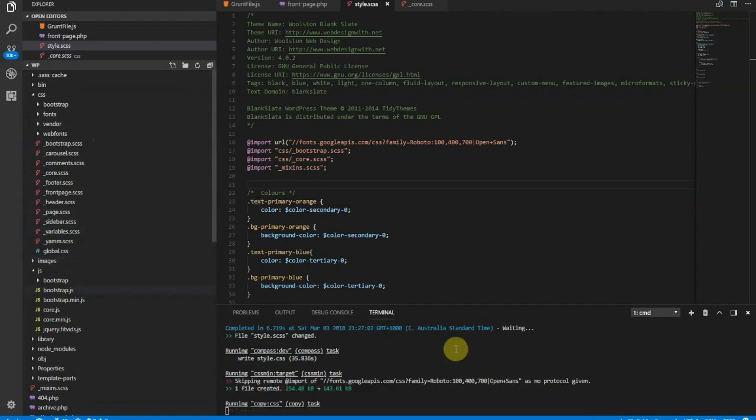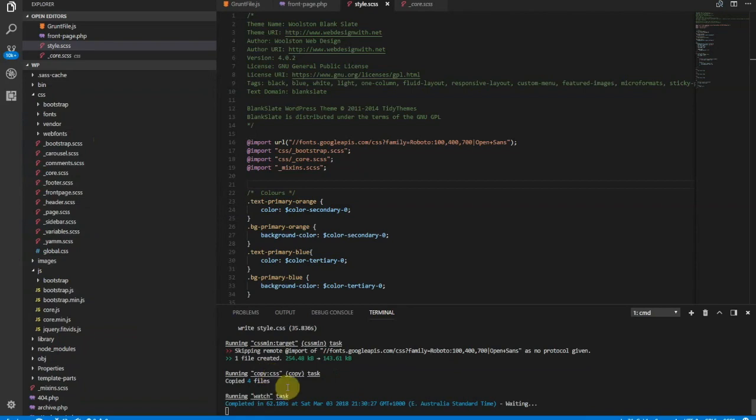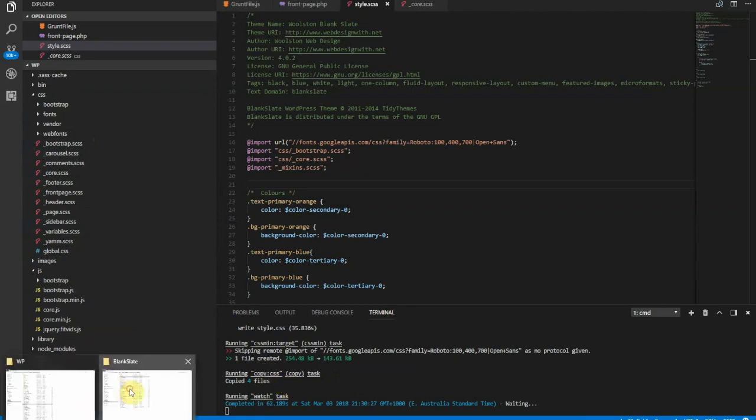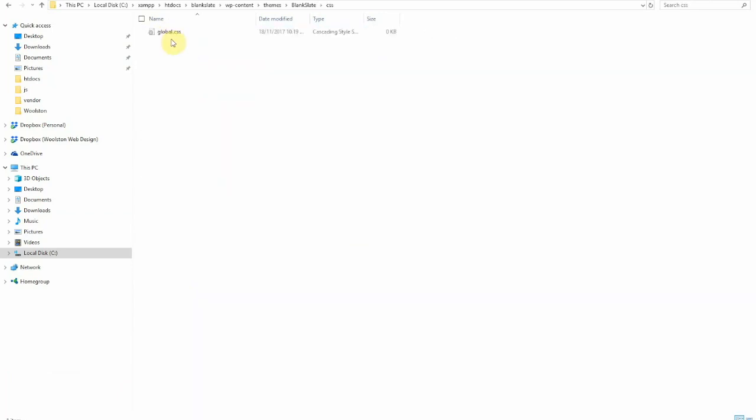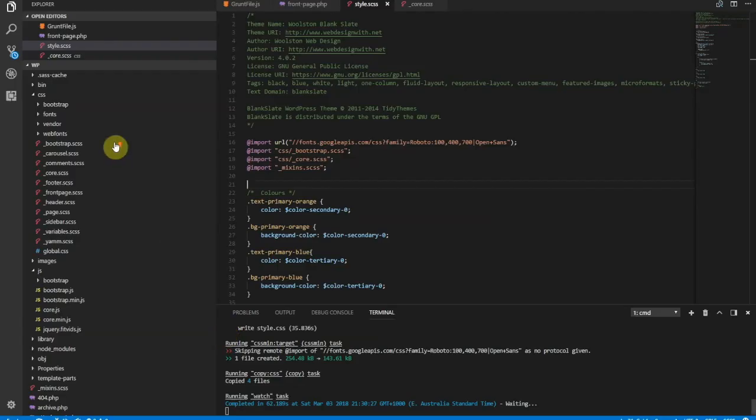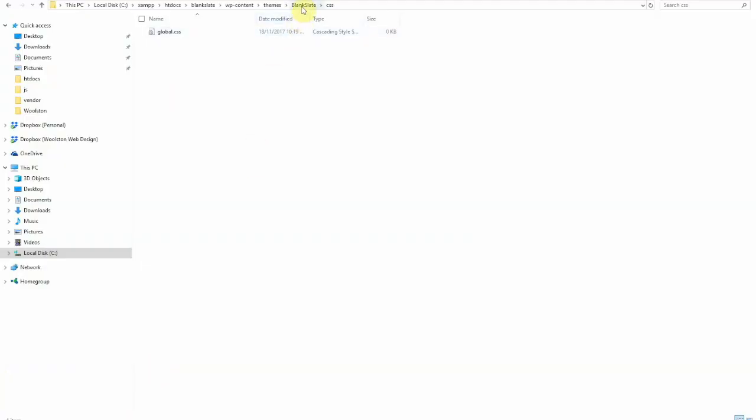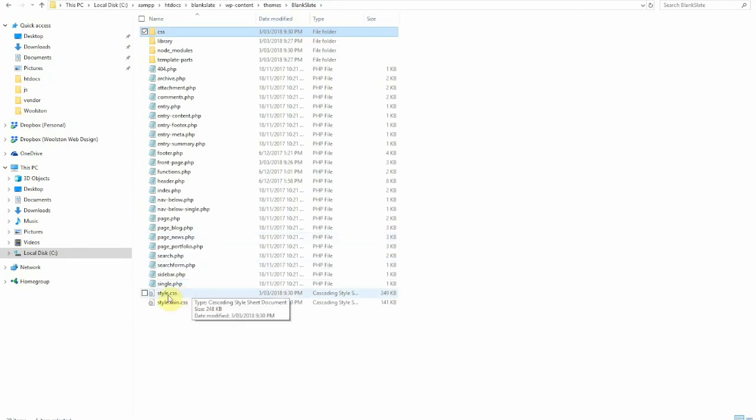Oh, it's running here now. Okay, so it's run CSS min, it's run the copy, and now it's watching again. So let's go back to our blank slate. So now we have our CSS, because in the CSS folder we've got this global CSS file, so that gets copied across, but all of these other files do not get copied across because they were all included in the style CSS. Now the style.css has all of that,